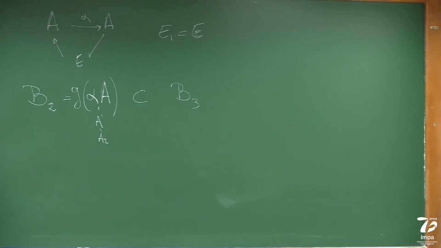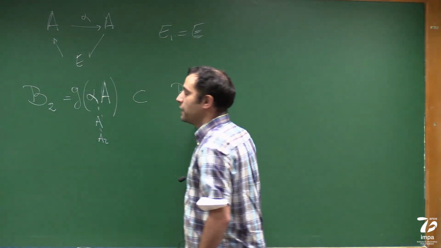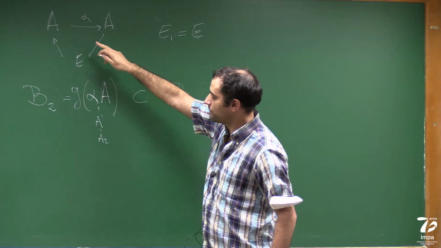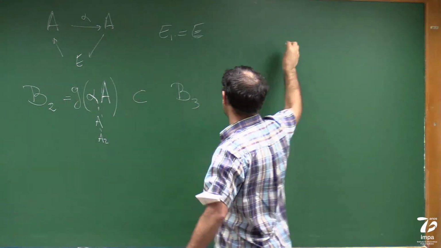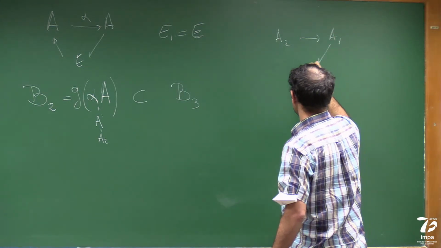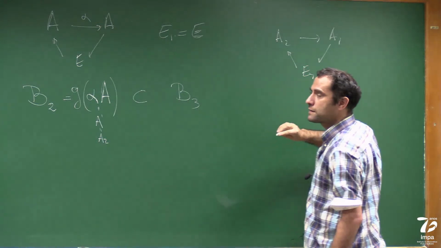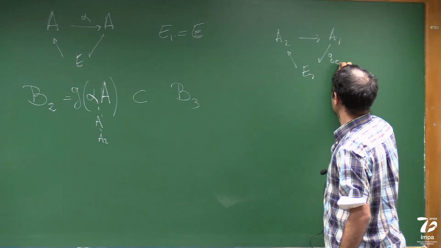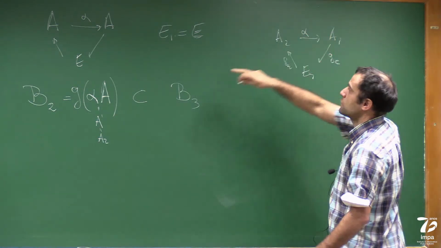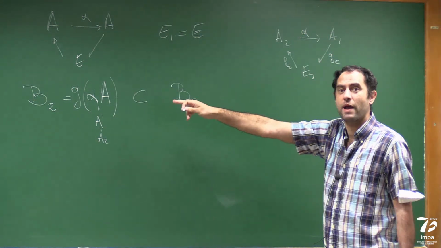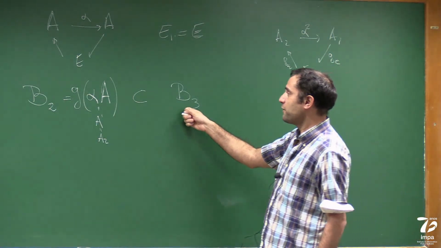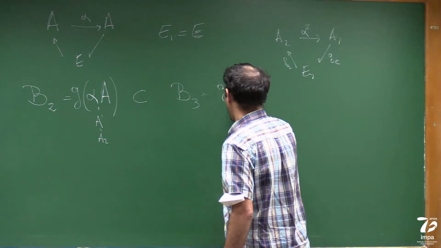And now B3 is going to be defined out of the next, is going to be the B2 for the corresponding exact couple, where I start with A2, A2, E2, like this. And now I am going to have G2, F2. And my new alpha 2, which is just the same alpha that I had before, but now I apply it twice. That's why the upper index is probably better. So this B3 is now going to be G of alpha squared,